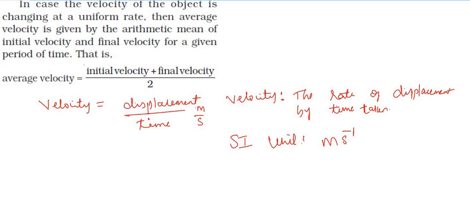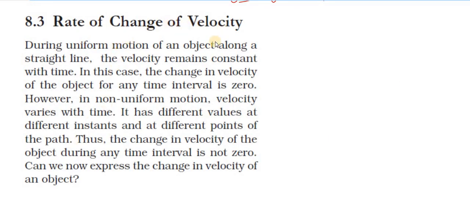So next we'll move to the next concept. So next is rate of change of velocity. So what is this rate of change of velocity? During the uniform motion of an object along a straight line,